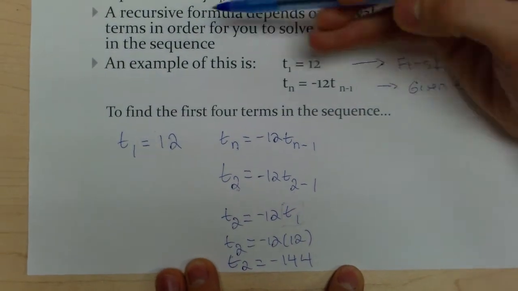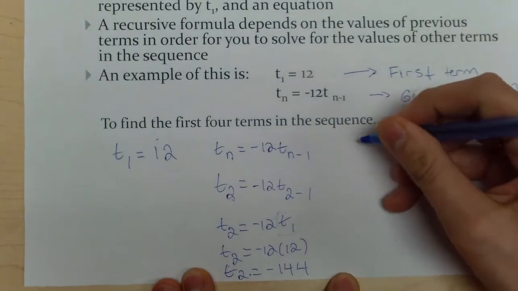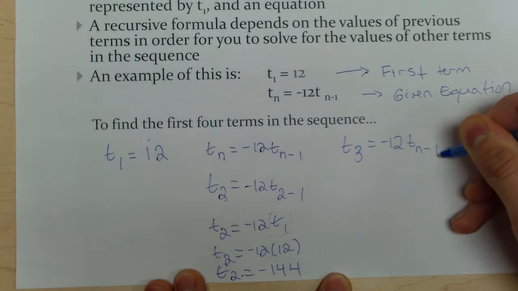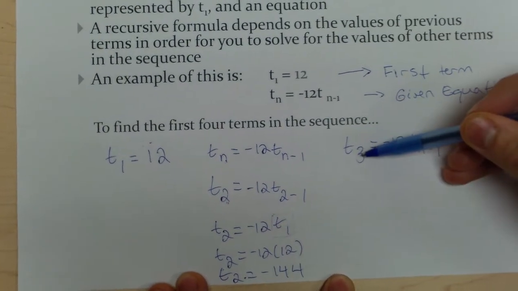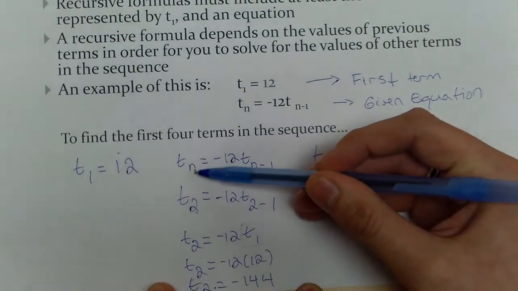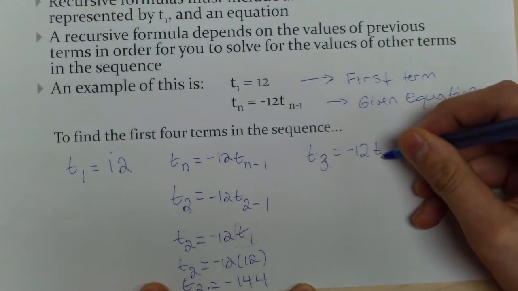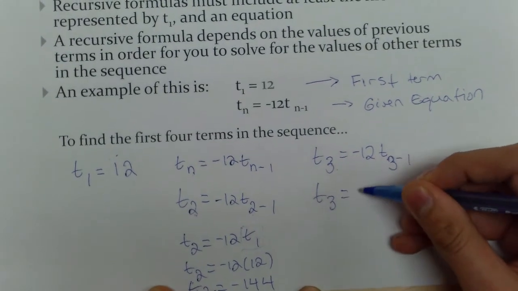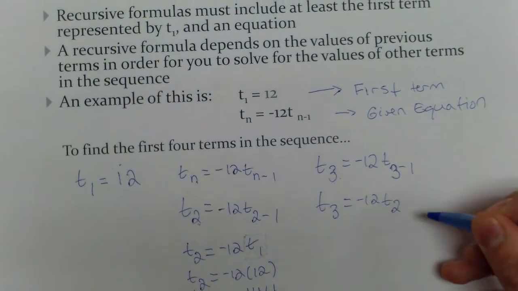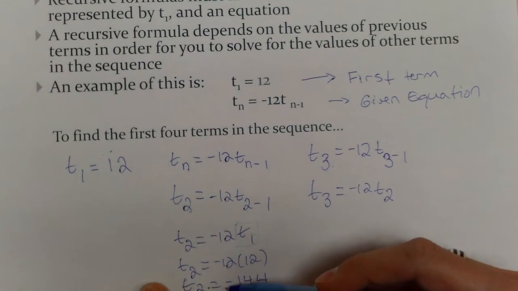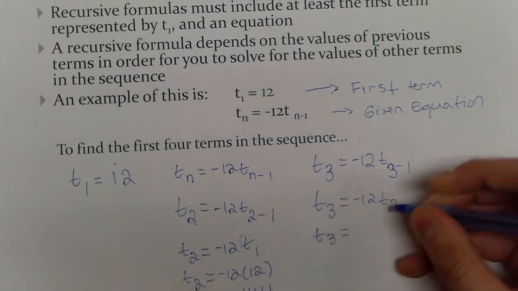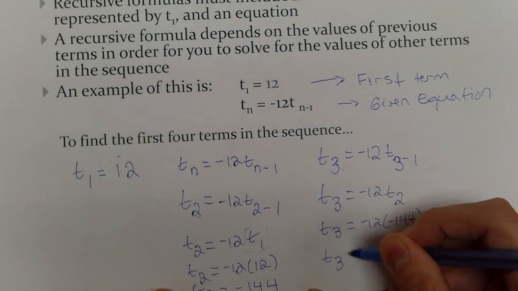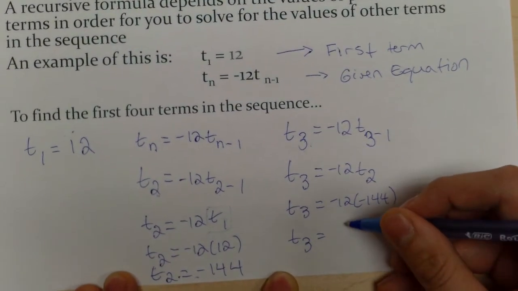And now we're halfway done. We have the first term, we have the second term, and sure enough, we do the same thing to solve for third term. Except this time, note I replace the 3 in the general term, so I replace the 3 here. So now I'm not going to be using the first term to solve for t3, but the previous term, which is t2. And what does t2 equal? Negative 144. Multiply it out, and now we're 3/4 of the way done. We have the third term, which is